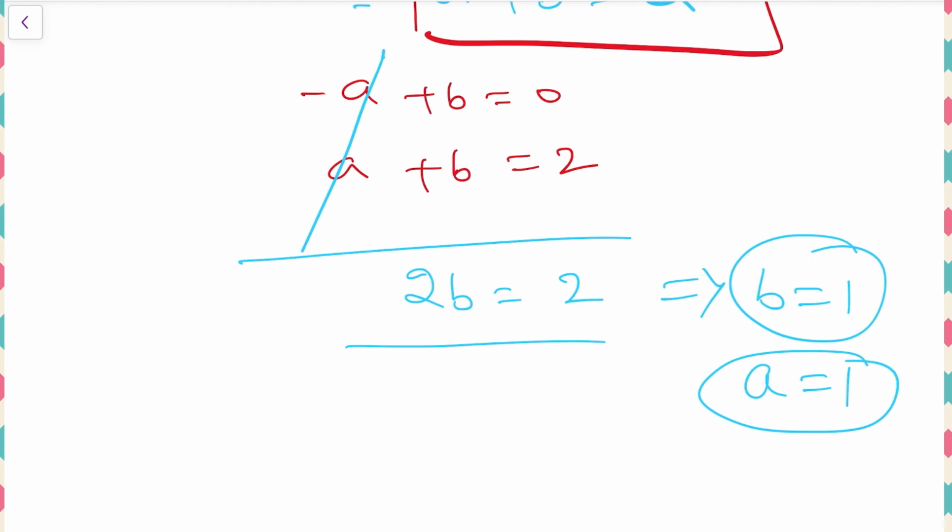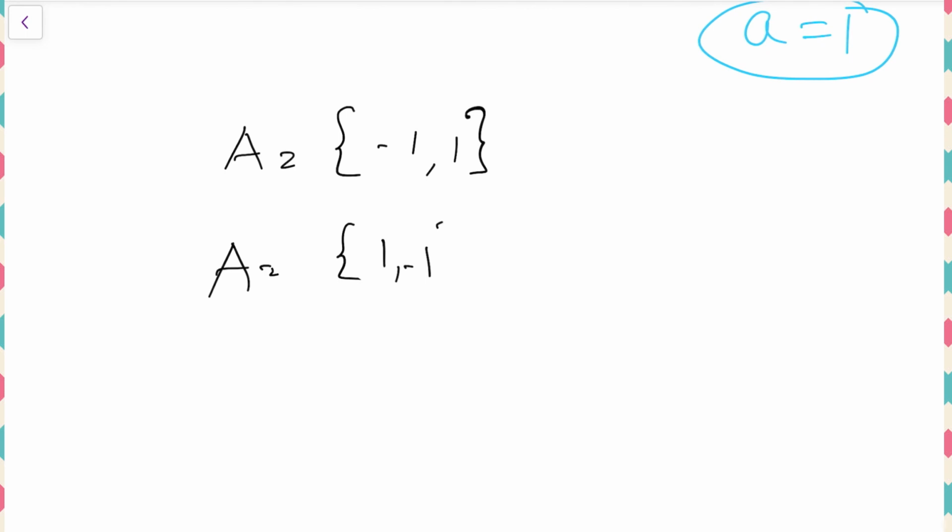Now I will get one doubt. Let us clarify that once. For example, in the set A, we have elements minus 1 comma 1, and one more set A is there. In that we have elements 1 comma minus 1. Are these two sets equal to each other? Obviously these two are equal to each other because the same elements are there. Here minus 1 is there, here also minus 1 is there, here plus 1 is there, here also plus 1 is there. Of course maybe the order is different. We need not worry about the order in the sets.